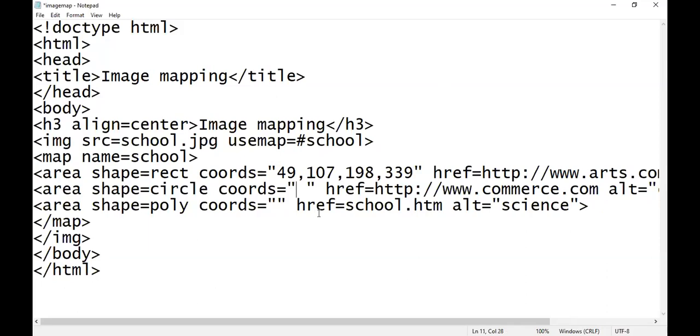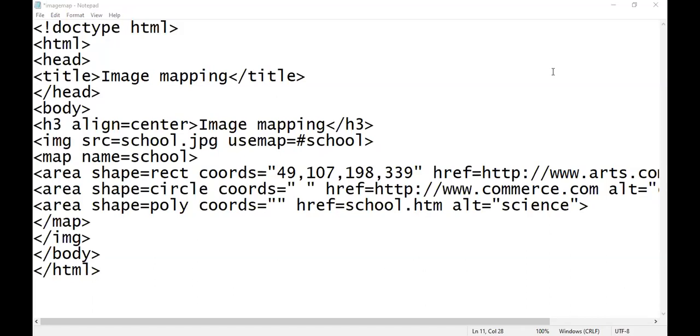Okay, now the coordinates for the circle. How can we write them? First the coordinates of the center of the circle, then a comma, then the radius of the circle. Give me the coordinates for the circle. Okay, the center of the circle is 320, 234 and the radius.